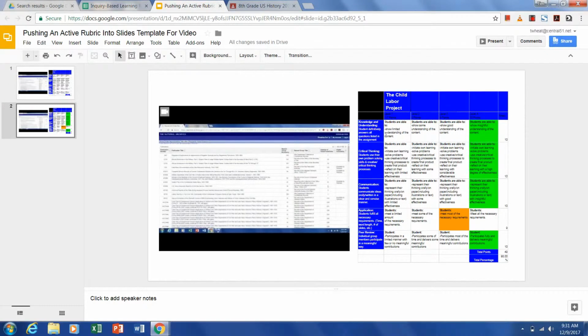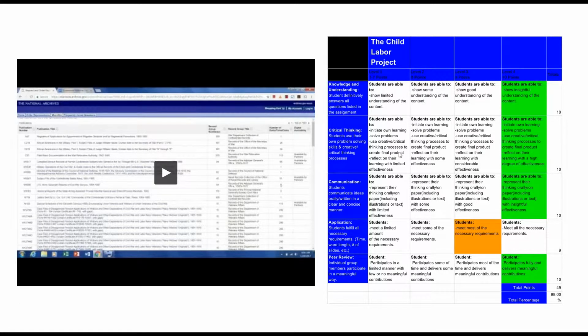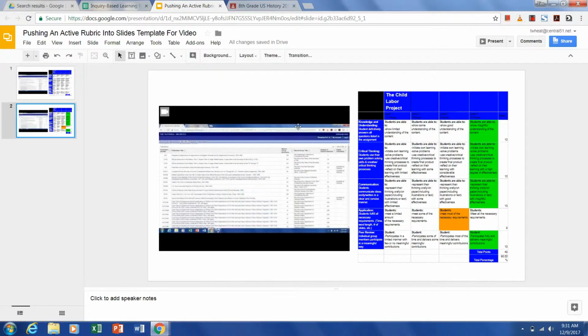What this is really handy for as well is, when I grade, a lot of the time I grade on two separate screens. So I could go on here and watch the video with this dynamic rubric pulled up, and then on another screen have the actual rubric itself pulled up so that I can grade it and then make sure that it all got pushed through the way it was supposed to. And then the kids can sit there and watch the video and see what they got,